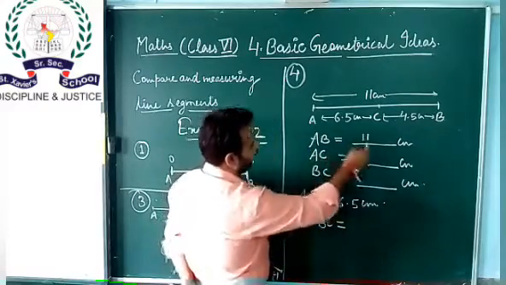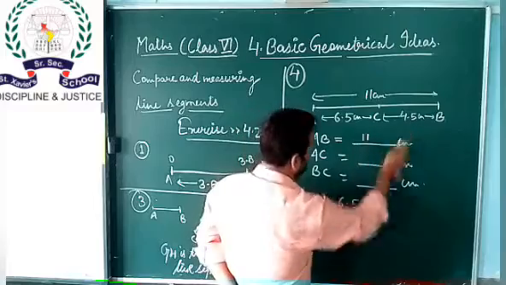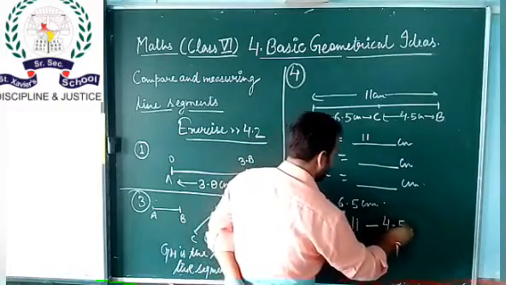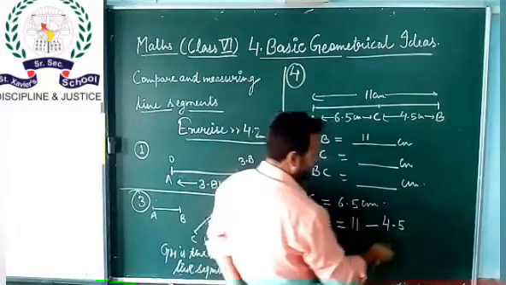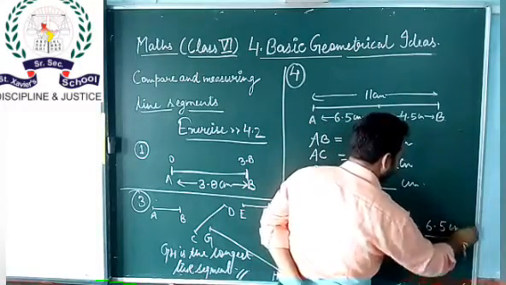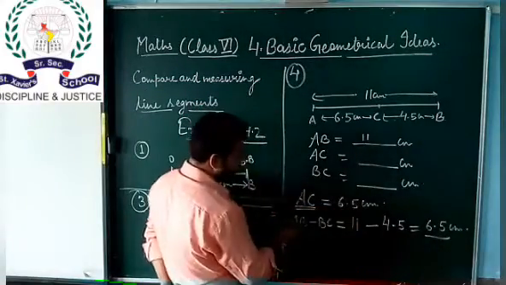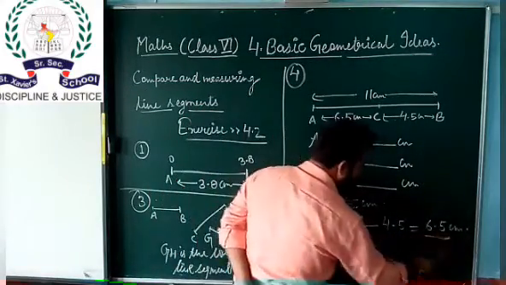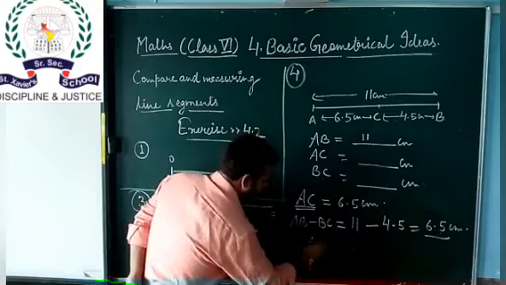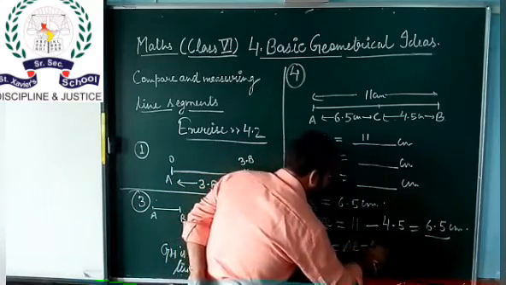The length of AB is 11 centimeter minus the length of BC, BC is 4.5 centimeter. When you subtract this from 11, you will get 6.5 centimeter. It means AC is 6.5 and AB minus BC is also 6.5. Then you have to write AC is equal to AB minus BC,